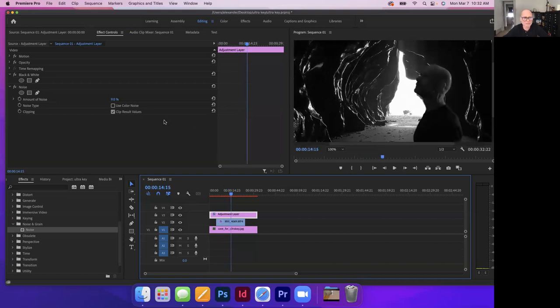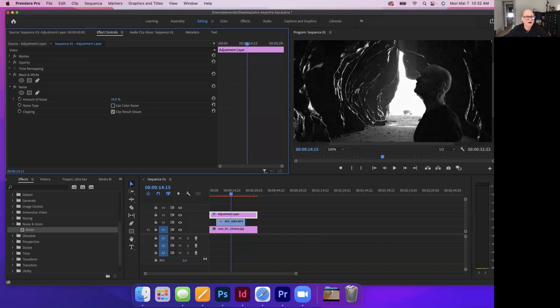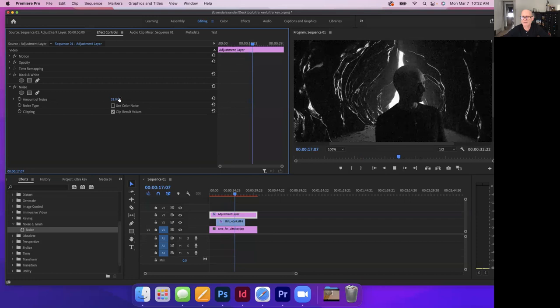Now I can make adjustments back and forth, increase or decrease it, in order to get a better look. This would be particularly useful if I was combining video with a still image, because the still image is not going to have the active pixel movement that a video might have. So that is what I have for the